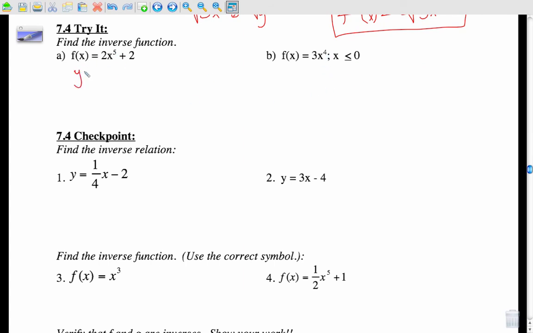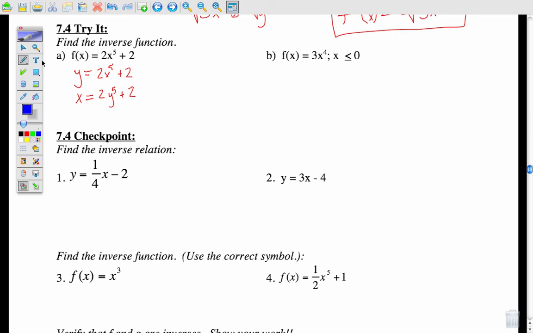First step here is I'm going to rewrite this with a y and an x. So y equals 2x to the 5th plus 2. And I'm going to flip-flop these, so you get x equals 2y to the 5th plus 2. You have to subtract 2, then divide by 2, then take the 5th root. So in that order, I'm going to subtract 2 to get x minus 2,